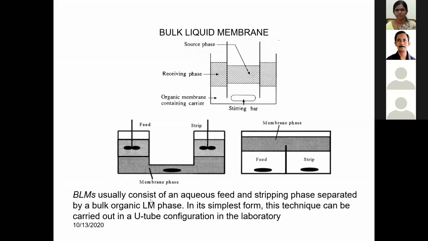So the bulk liquid membrane usually consists of an aqueous feed and stripping phase separated by a bulk organic liquid membrane phase. It is the simplest form. This technique can be carried out in a U-tube configuration in the laboratory. So the next one is